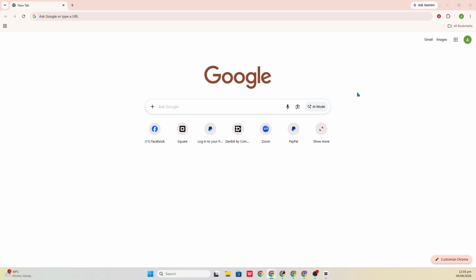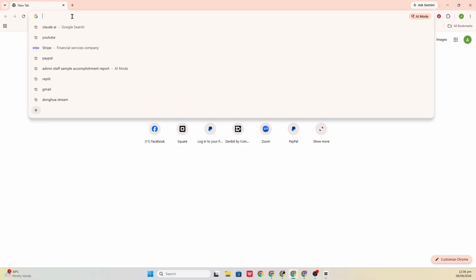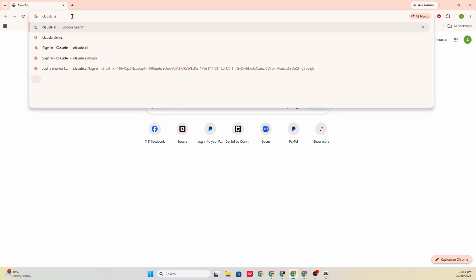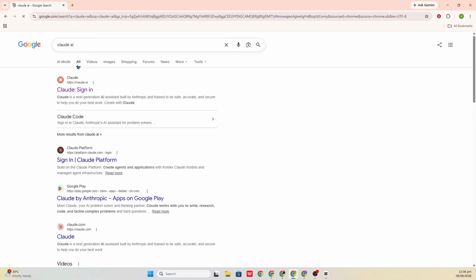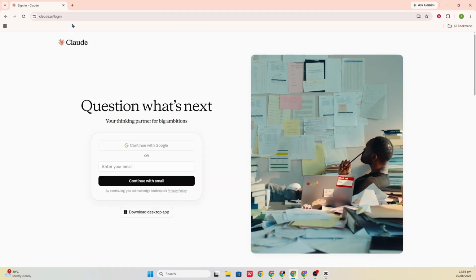In today's video, I will walk you through how to turn off web browsing in Claude AI. Start by opening your preferred web browser and searching for Claude AI. When the search results appear, look for the official Claude site and select the result that leads to the official Claude web app. Before continuing, take a moment to confirm that the URL looks legitimate and that you are on